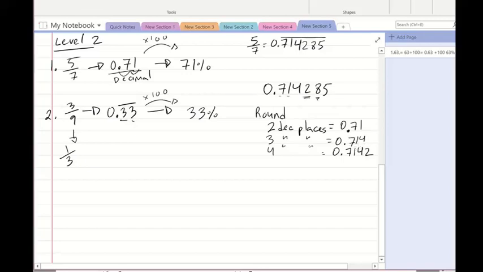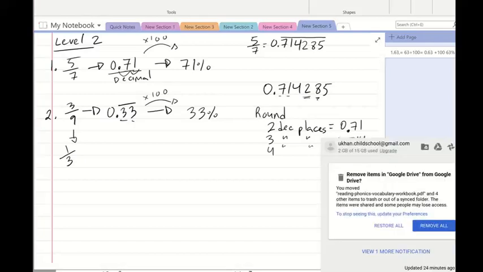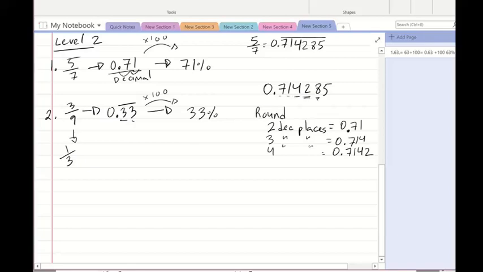1, 4, right? Whenever I looked at the next number, it was below 5. Remember, when you're rounding, if it's below 5, you keep the number. If it's 5 or above, you bump it up to the next number. What does that mean, right? So you have 0.71, right? This is a 4. So when you round this, you leave those 2 numbers, right? You leave it as